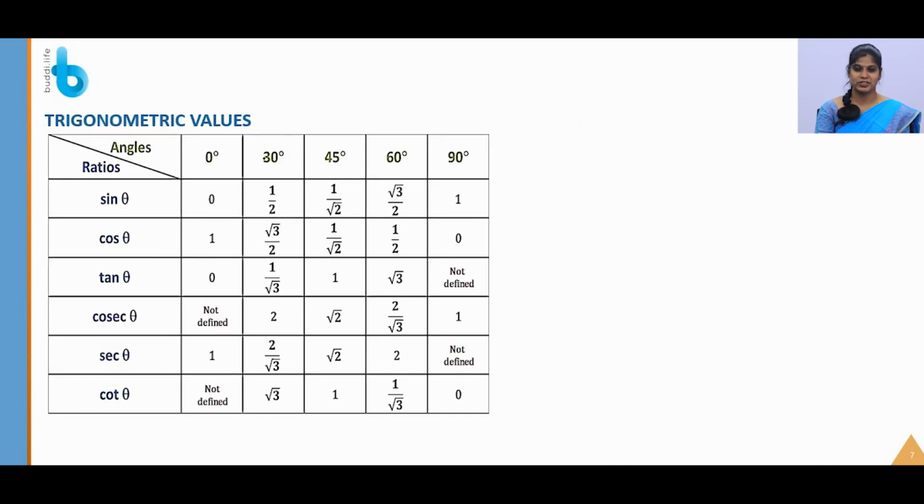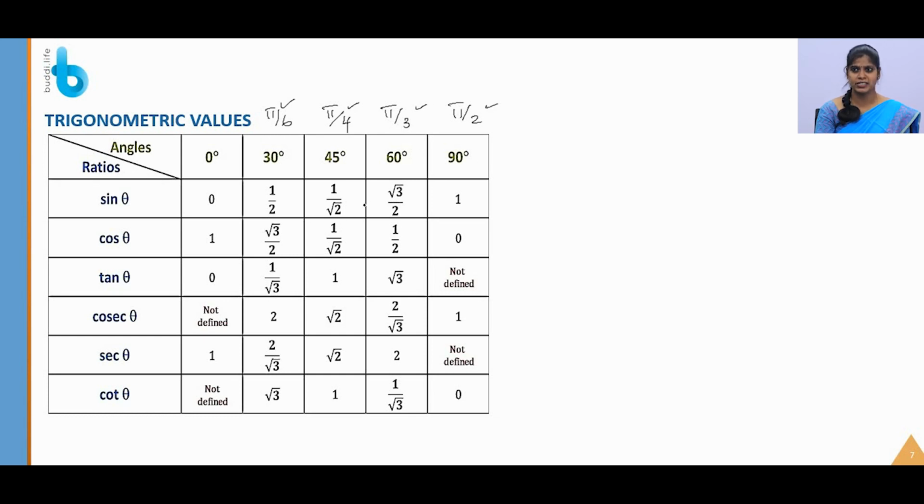We'll now see the trigonometric values. This you have already learnt in the previous class. We'll just have a recall because all these values are very much important to solve the problems. For all these theta values, we have to know the sine values. In problems, mostly we will be using the angles in the form of pi only. That is, 90 degrees is pi by 2, 60 degrees is pi by 3, 45 degrees is pi by 4, and 30 degrees is pi by 6.